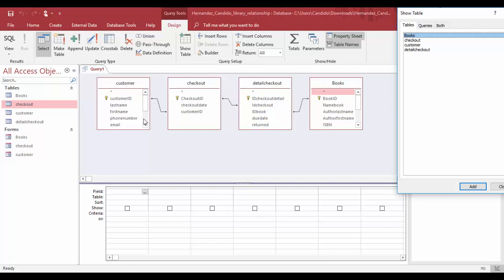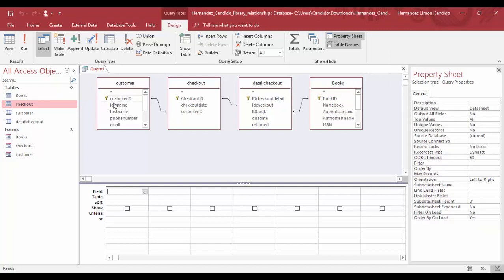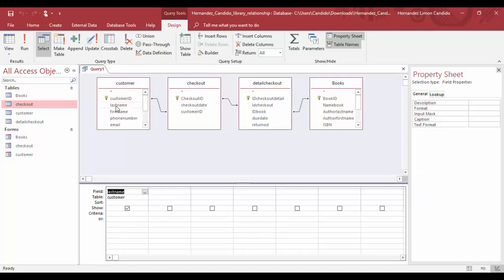So I want to know the name of the customer that is checking out books. So I'm going to include last name. I have to close this. So I'm going to select last name, double click. I have my first field. I'm going to include also the first name, and